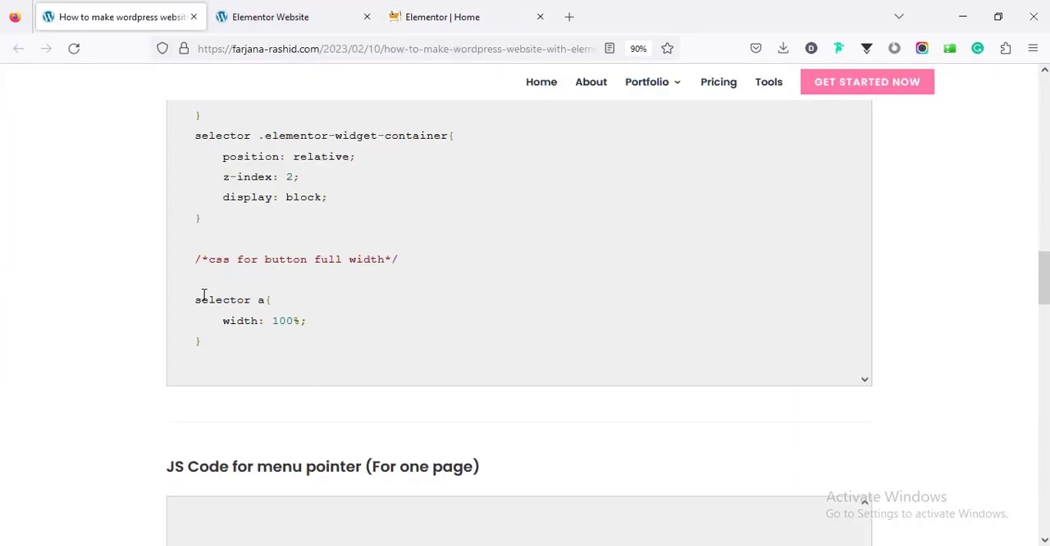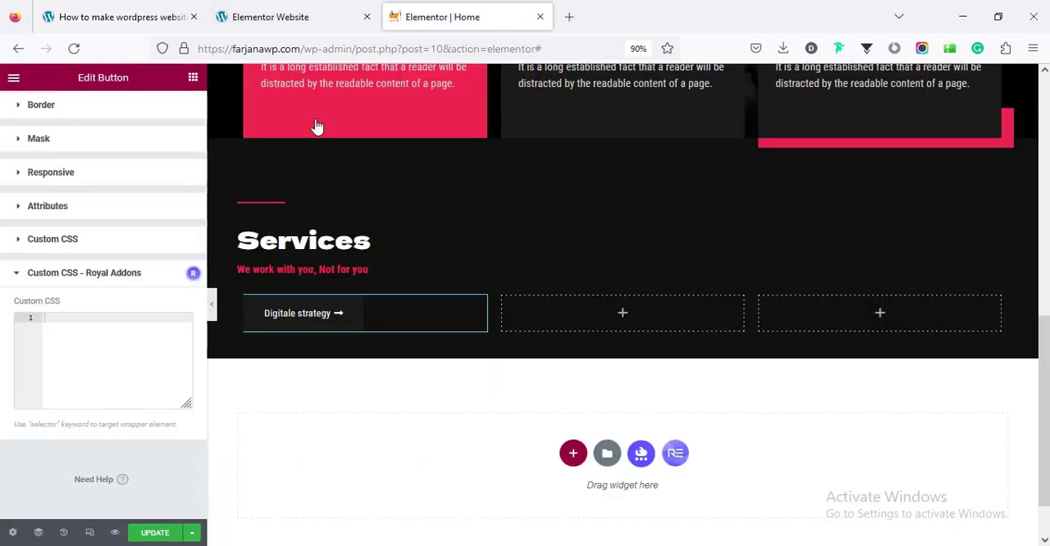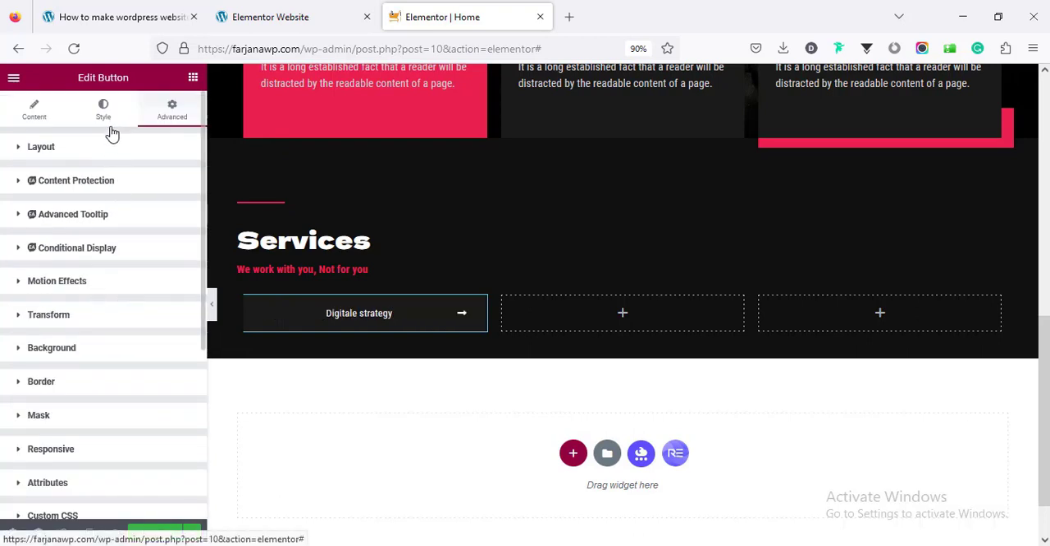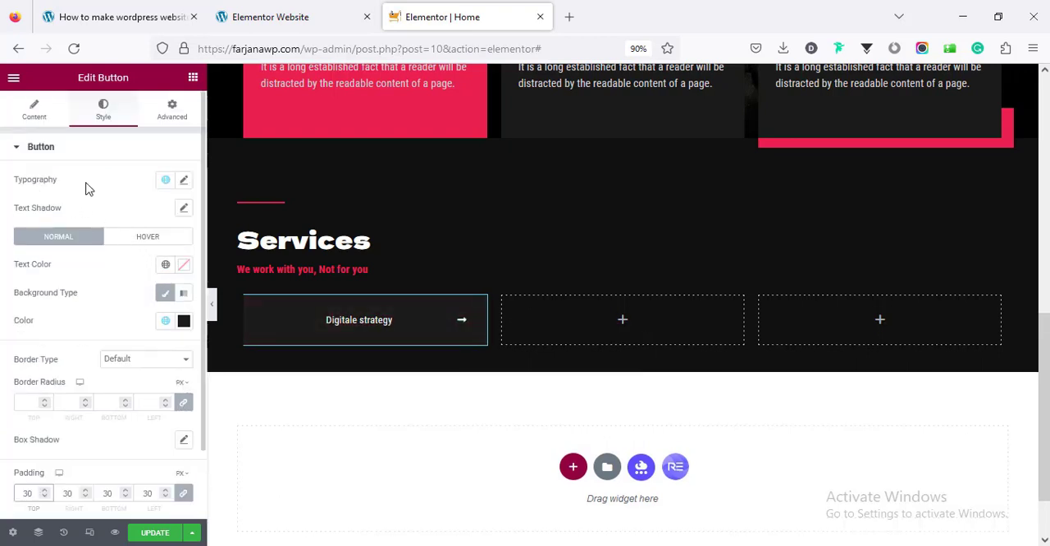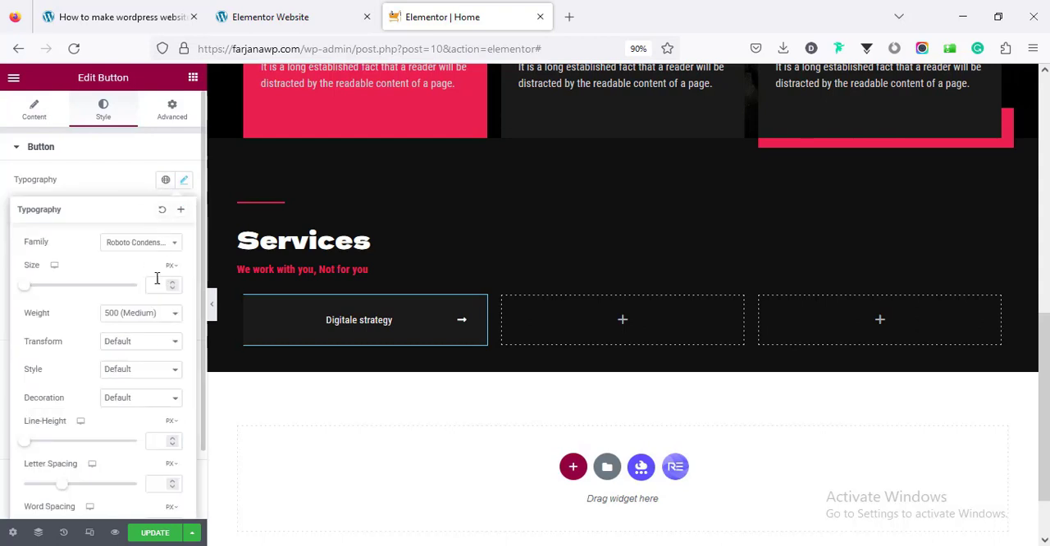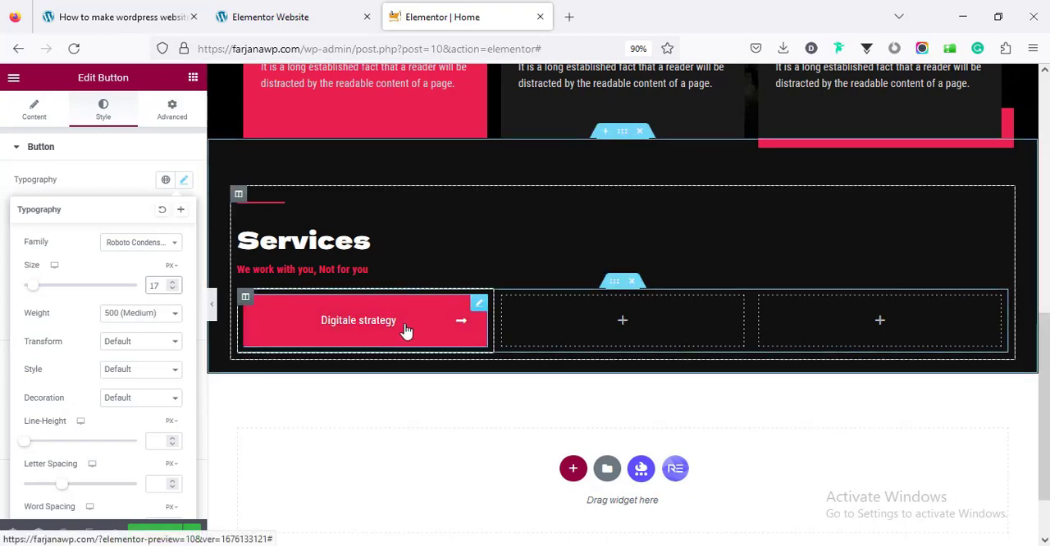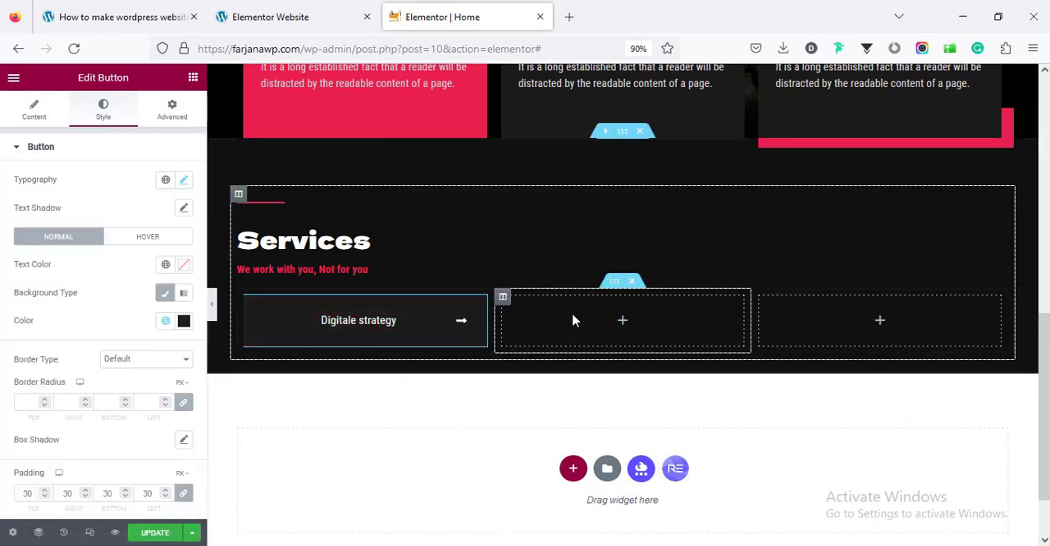Here is the CSS for button full width. I'm going to copy and paste it here, and we can increase the padding. I think going to style tab and we can set 30 pixel for all, and we can increase the font size. So I'm adding 14 or 16 is good. Alright, I have set it to 17 pixel. Now going to copy and